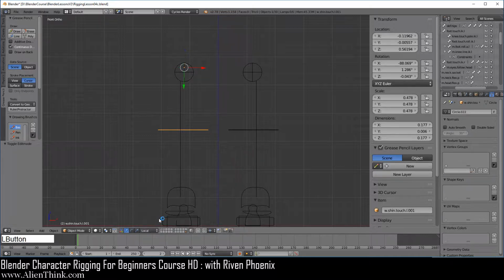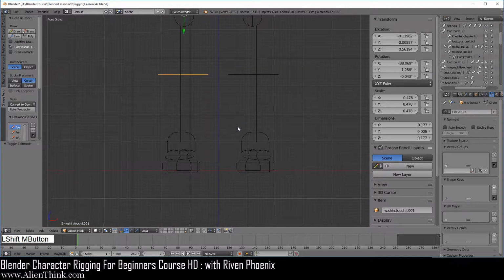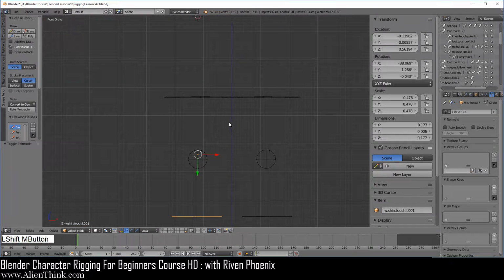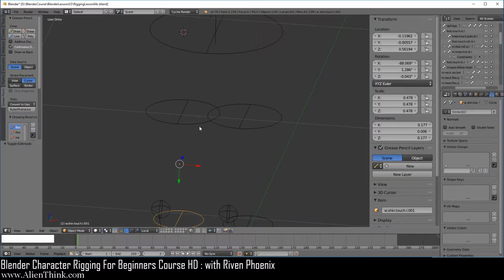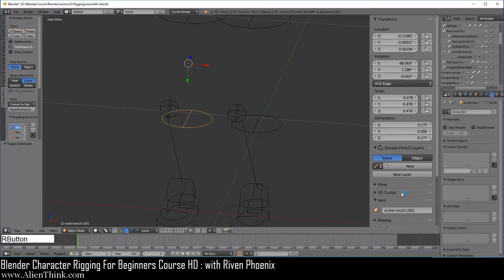Here I'm just going to keep this on a local. Now we need to actually name these. So all we have to do really is first make sure that we click over here, and here we're just going to replace the L with R and enter. Do shift middle mouse button, click on this, go ahead and do .R and enter.